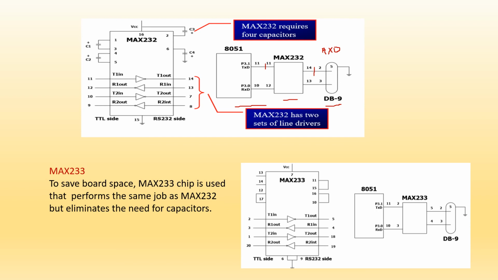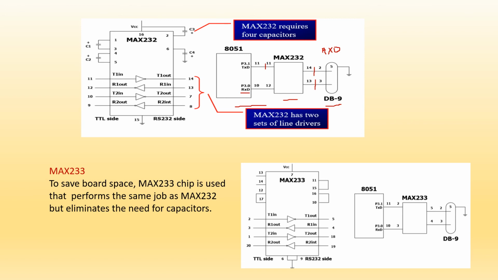Okay. So now the RxD line, port 3.0, is the RxD line. RxD means receive the data. The data from the RS-232 cable has to be received by the AT51. Whatever data is given by the RS-232 is not compatible with the TTL voltages, so we are using MAX232 in between. So receive data, RxD, is receive data. The data from the RS-232 cable is received by the AT51.